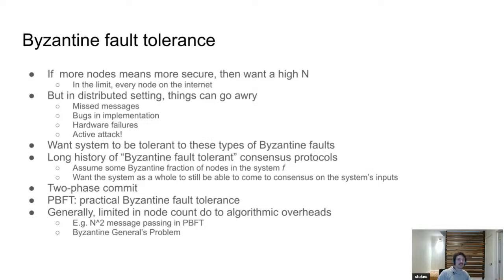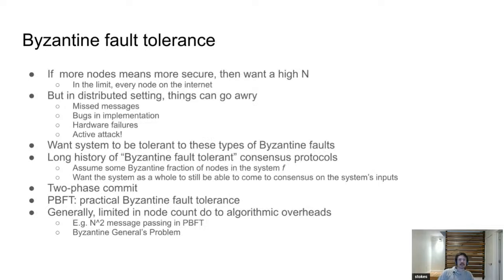So the thing is, as you move to this setting on the public internet, the internet is again a permissionless, open system. People can join and leave. And in doing so, things can start going awry. To give some examples, let's say we have 20 nodes on the internet. The internet is a faulty system. And so, for example, some nodes could simply miss messages from other nodes.